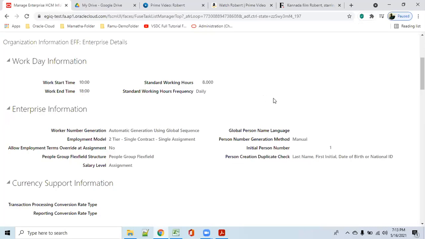Okay, so the division is nothing but the legal entity. How the structure goes: the enterprise name is just for the sake of a name, the organization name. For example, let us take Belgium Post. Belgium Post is the organization. Under this, we have a lot of divisions. Divisions means Belgium postal parcel service, then Belgium stamps, and then Belgium stores. So these are nothing but the divisions under the organization.